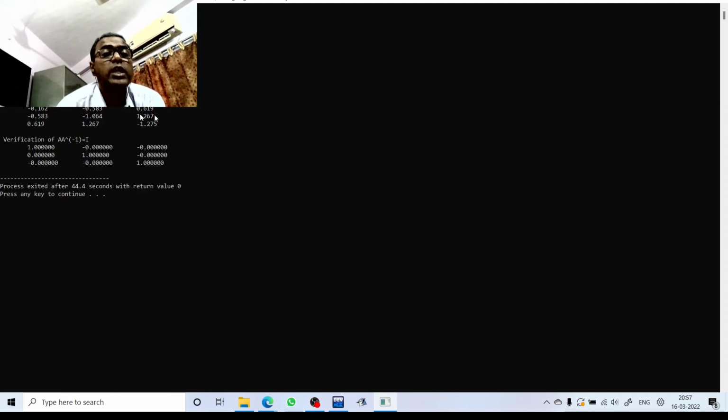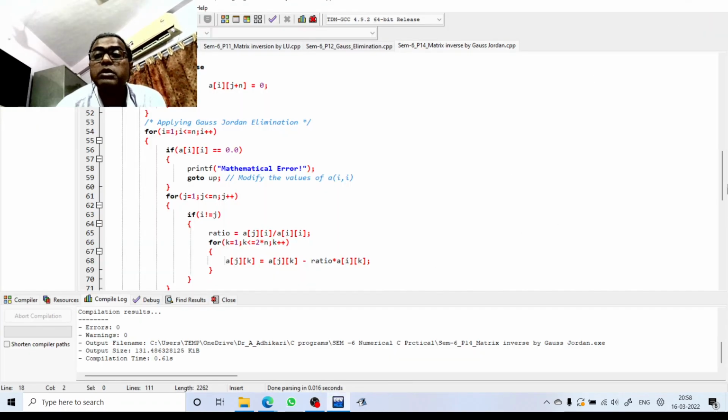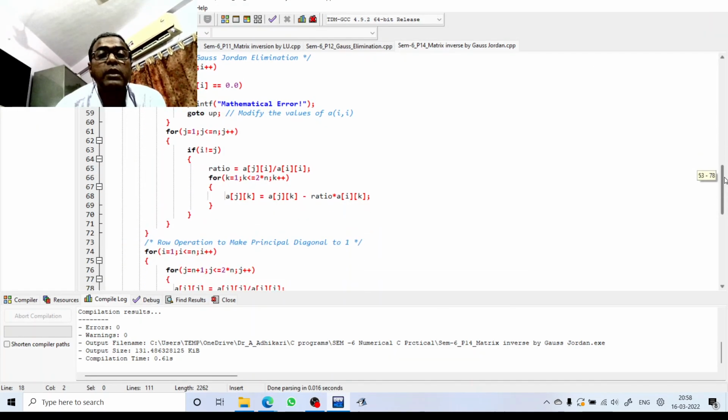So with the help of this verification we can say this inverse matrix is correct, মাইনাস 1.275।